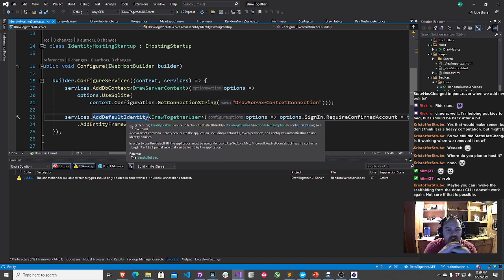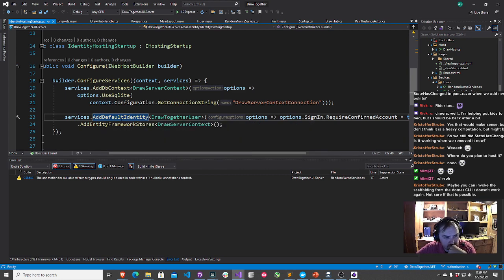A set of common identity services for the application, including a default UI, token providers, and configures authentication to use identity cookies. In order to use the default UI, the application must be configured using blah, blah, blah. A bunch of stuff. Returns the identity builder. All right. And then so I can add entity framework stores.